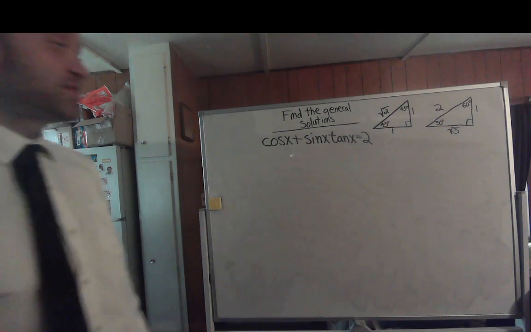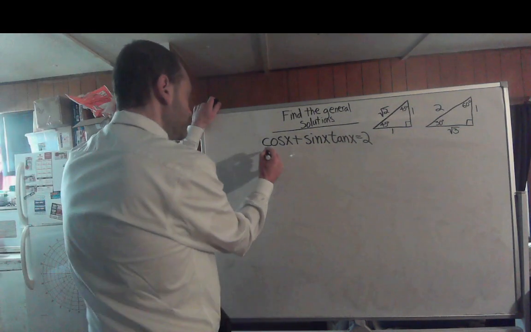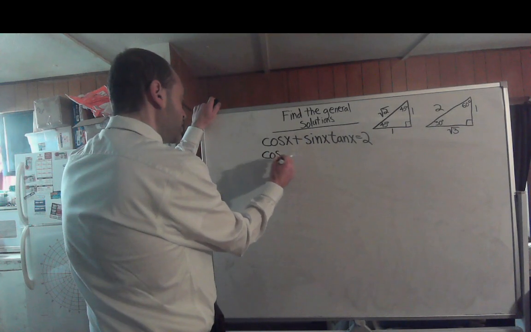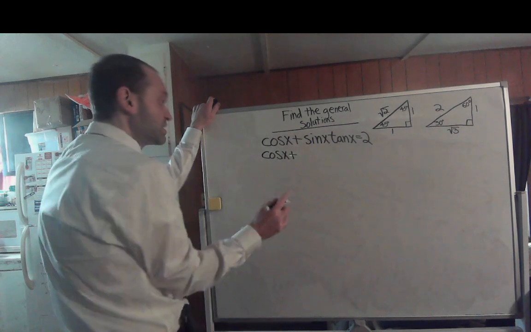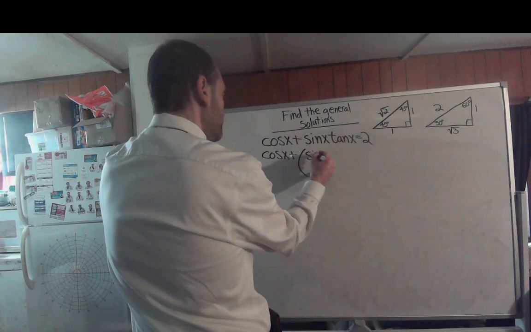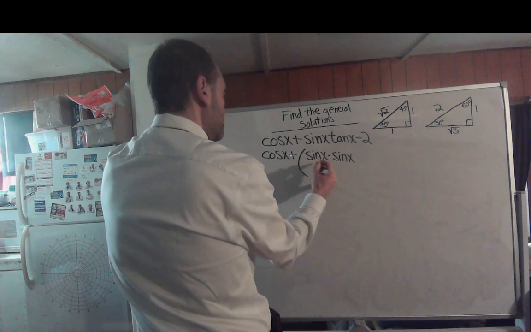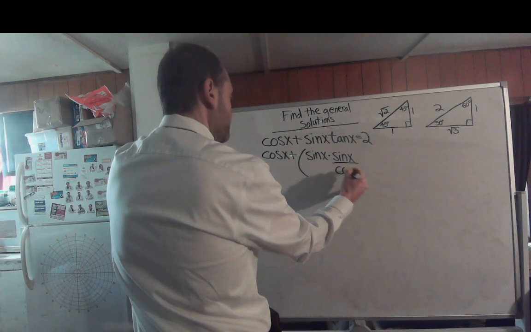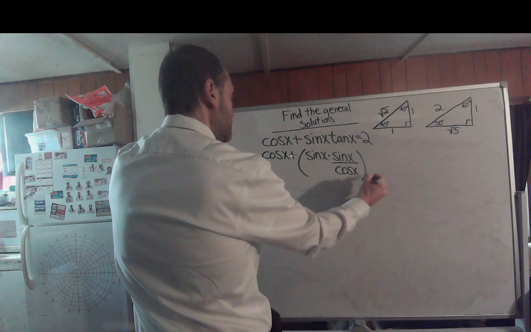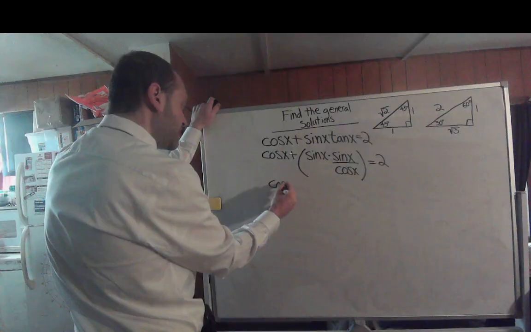Well, I think it's safe to say we want to convert that tangent into a reciprocal identity. So this would become the cosine of x plus, let's put a parenthesis here, the sine of x times the sine of x over the cosine of x equals 2, which will simplify into the cosine of x